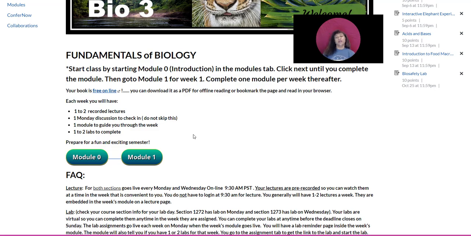So make sure you get them all done. It might seem a little intense at the beginning because you have a few things that are due. But if you get yourself into a schedule where you know the time that you have carved out already in your schedule, meaning that you have from 9:30 until 10:30 for sure, already carved out every Monday and Wednesday